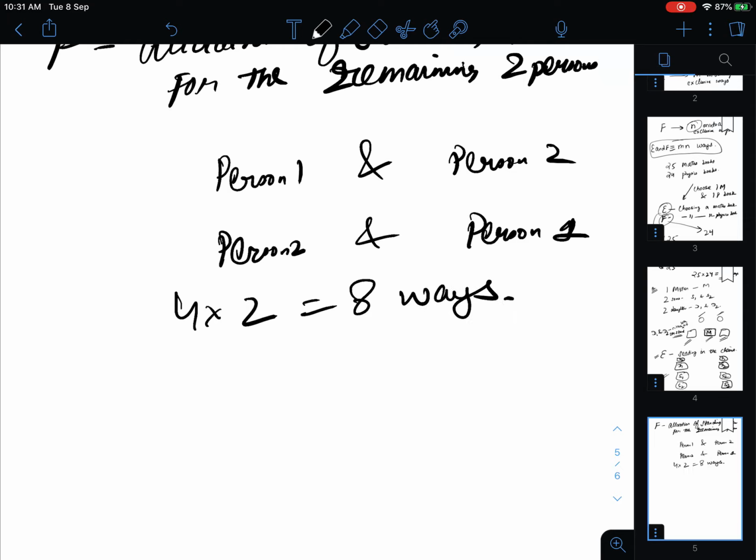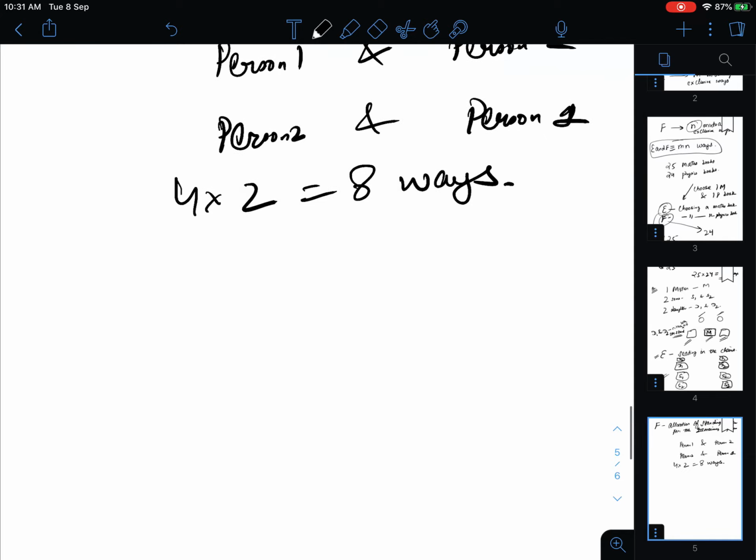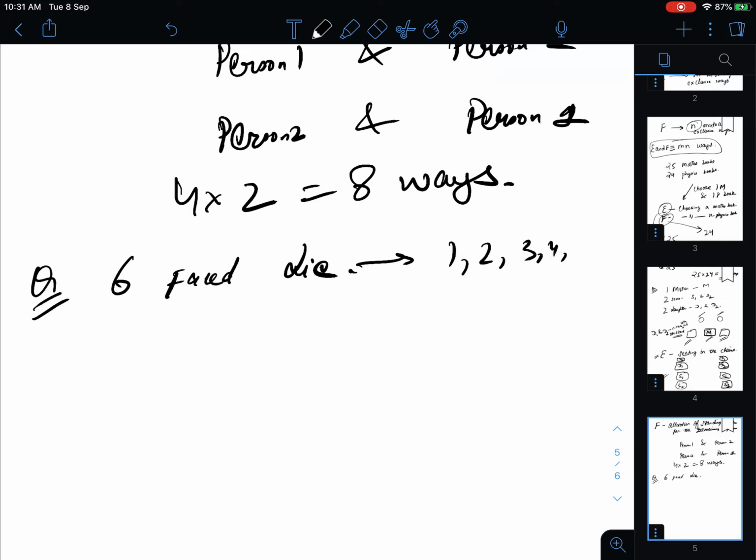All right. Now let's take another example. Suppose you have a dice, a cube, a 6-faced die, and the faces are numbered 1, 2, 3, 4, 5 and 6. Now when two dice are thrown, we add the digits they show on top and take that sum as the result of the throw. So what we are doing is, two dice are thrown.